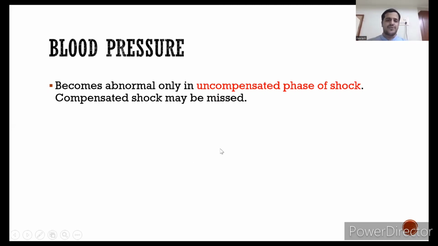So I told you there is something called autoregulation. Because of that autoregulation, what will happen is, when the child is in compensated shock,